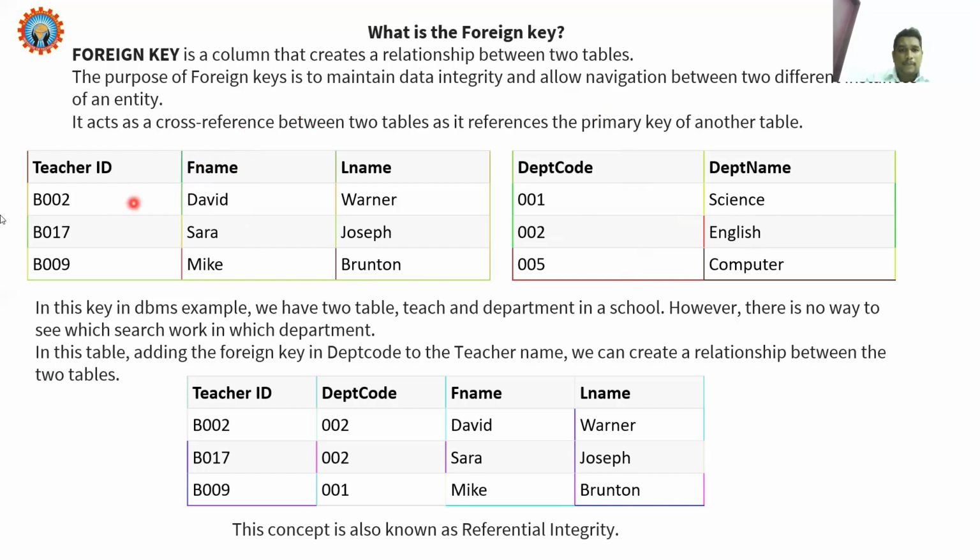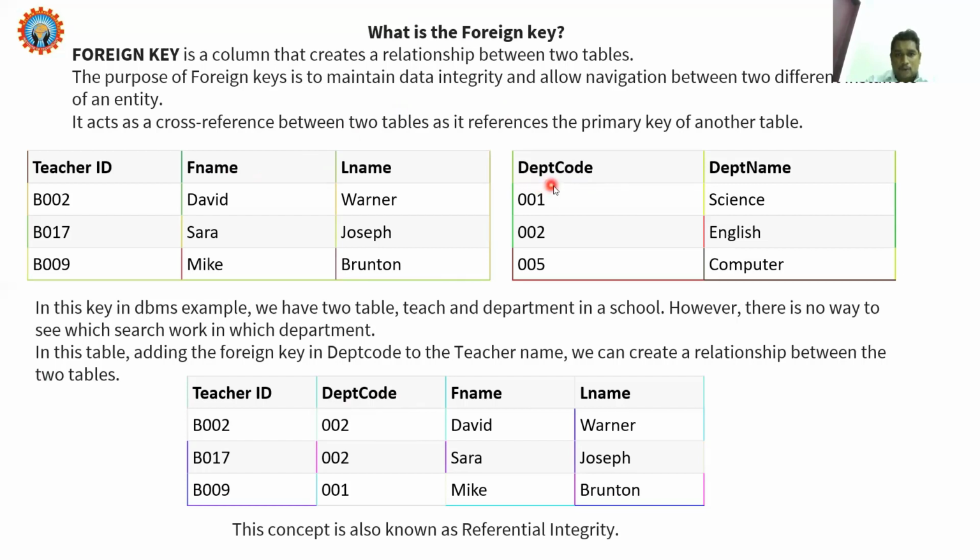So there should be a relationship between these two entities, so that you are accessing by means of a primary key with a foreign key. This is called a foreign key constraint. Now you are maintaining a department code in this teacher relation.